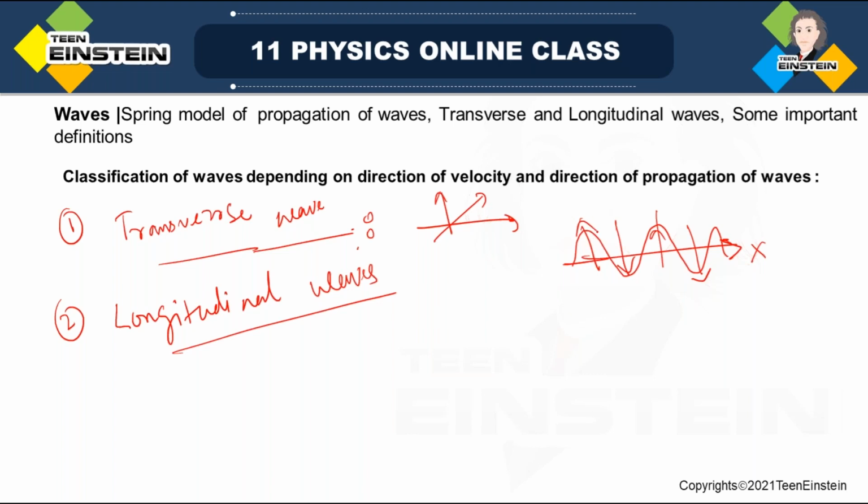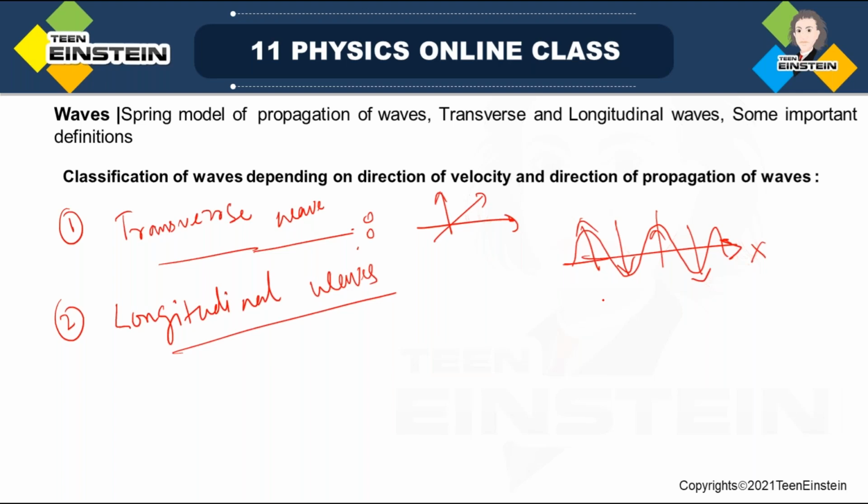When the material particles are oscillating in the direction perpendicular to the direction of propagation of the wave, then it is called a transverse wave. The waves in which the individual particles of the medium oscillate perpendicular to the direction of the wave propagation are actually called transverse waves. You can get some examples, like, see,